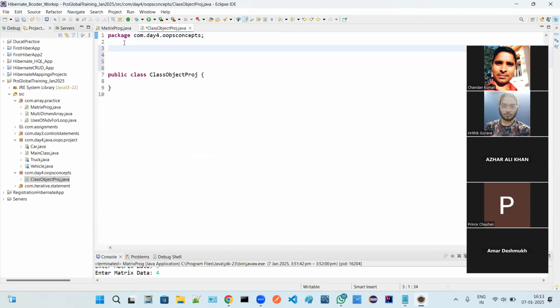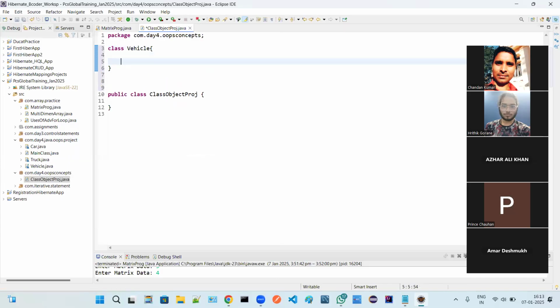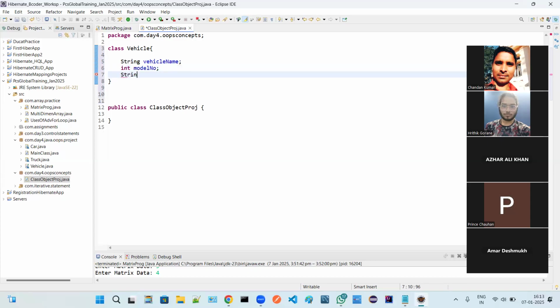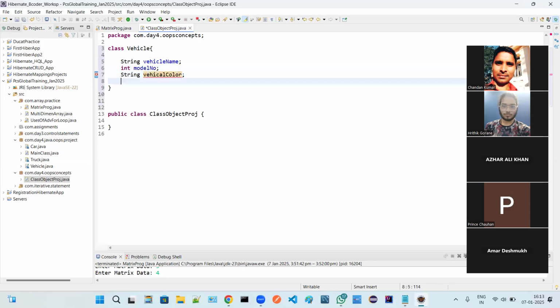I'm defining over here one class, Vehicle, and it is having a string vehicle name, an int model number, and a string vehicle color.